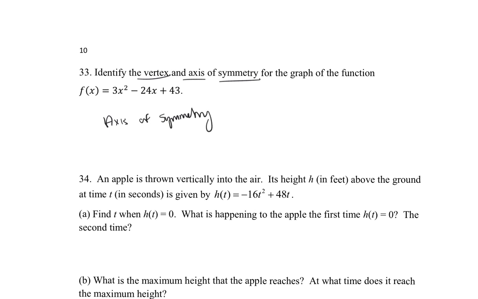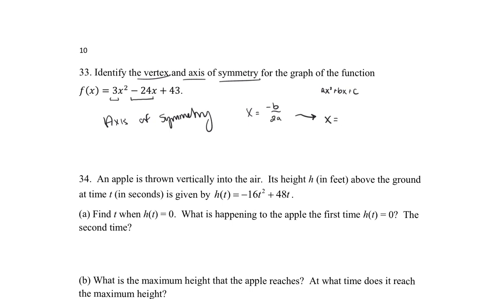And that's going to look like x is equal to negative b over 2a for the form ax squared plus bx plus c. Now here, b is our negative 24, a is 3,